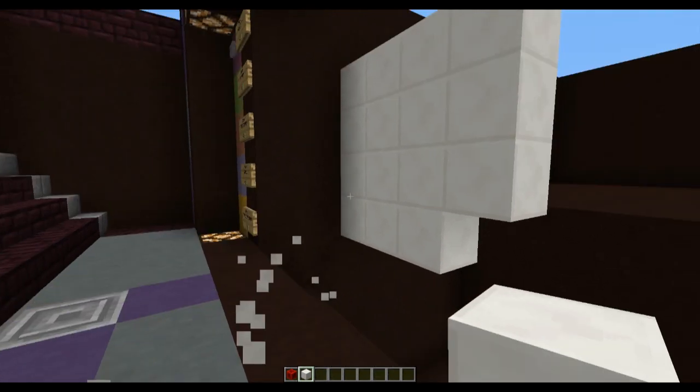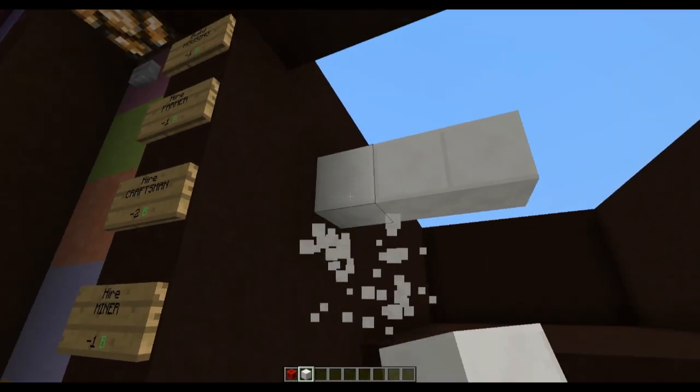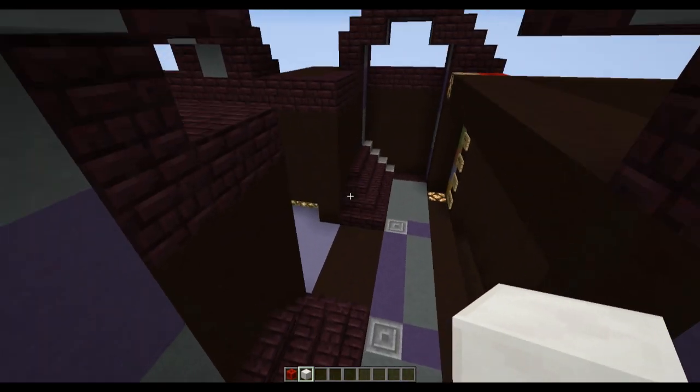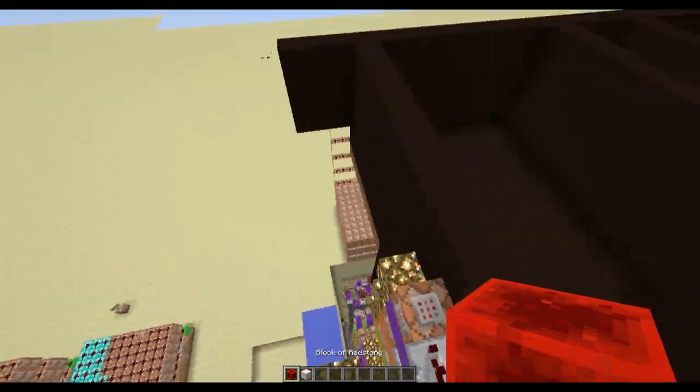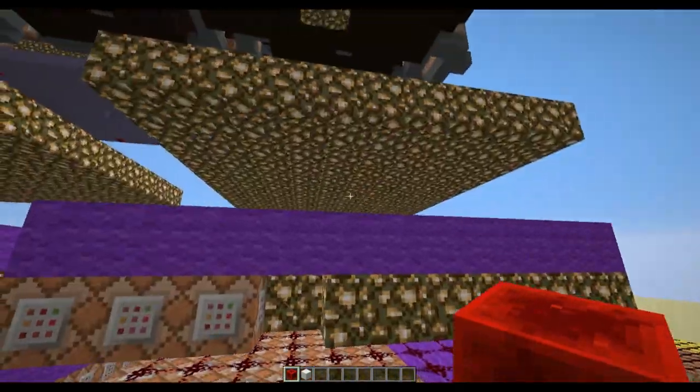It's a relatively safe way to make it. You just have to be aware of how blocks work when they're not supposed to be there and you spawn something next to them. I'm sorry for the digression. If you're here to watch me actually fix my map. Okay, so this